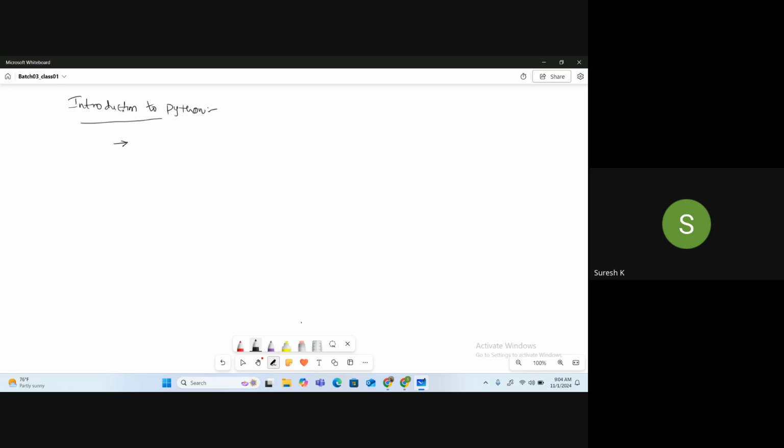See, why do we need programming first of all? What is programming? It is a way to communicate to the computers and get the respective answer, the respective activity to be done.